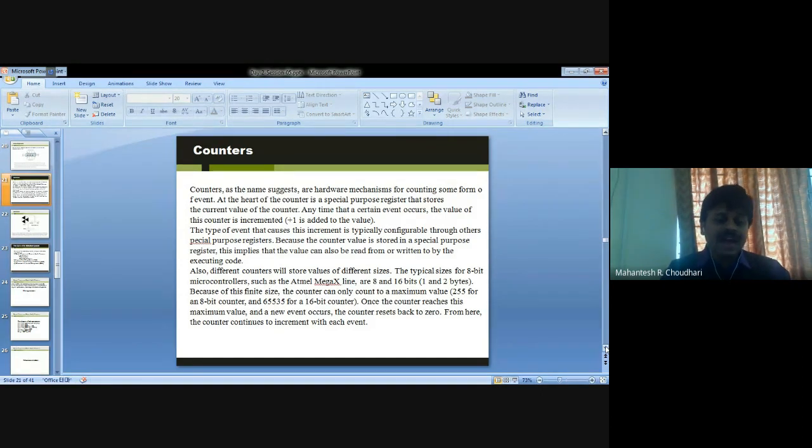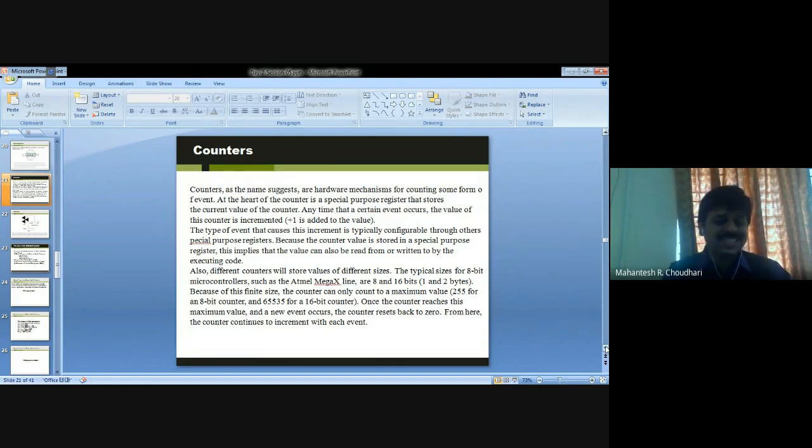Different counters store different sizes. The typical size for 8-bit microcontrollers, such as the ATmega line or the ATmega328 series, is 8 bits, and the extended size is 16 bits.